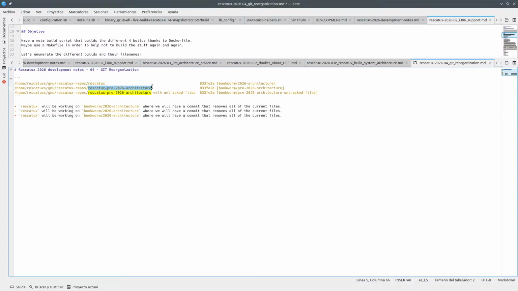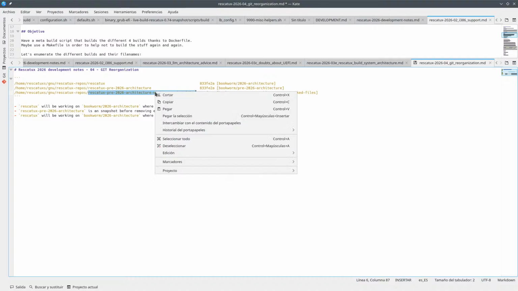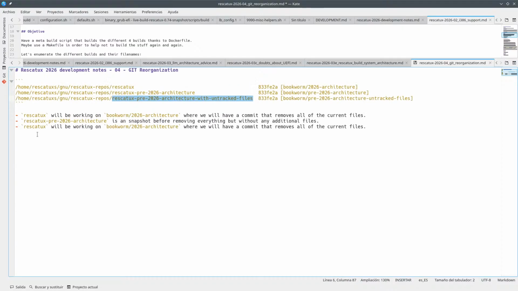Rescatux pre-architecture is an app snapshot before removing everything, but without any additional files. And finally, Rescatux pre 2026 architecture with untracked. Wait a minute. With untracked files,